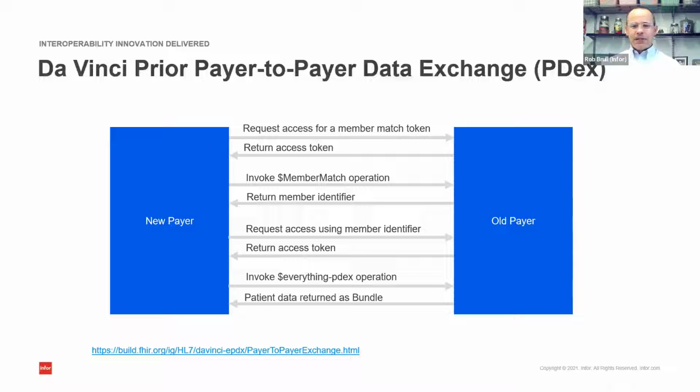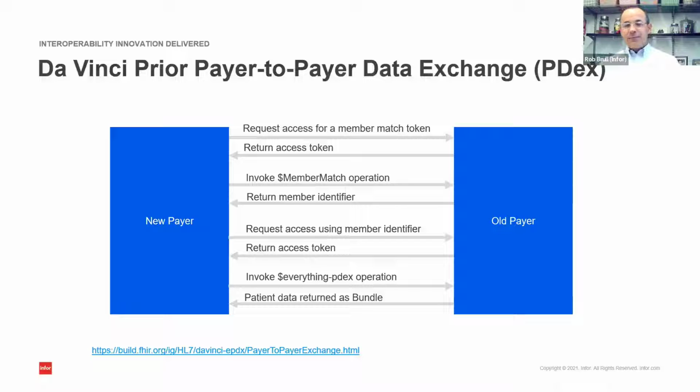world. And what member match does is it allows a match to take place between the new payer and the old payer. And in order to do this, you're going to need a variety of data. You're going to need patient demographic data. You're going to need coverage data about the old payer, and you're going to need a consent as well to show that the new payer or the member at the new payer has indeed consented and wants this data sent to the new payer.